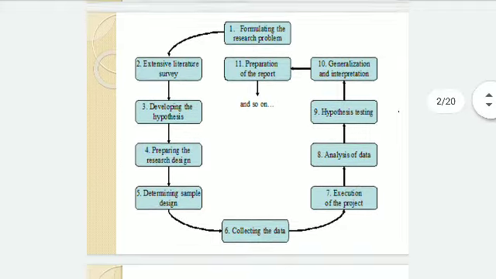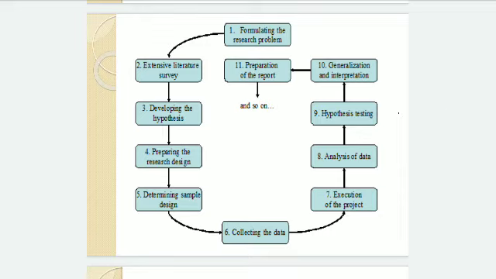So you have to talk with the manager of that organization for 4 or 5 days. You have to identify exactly what the problem is, and then you can formulate the research problem. Formulation of the research problem I will cover in the next slides. After that, you have to do an extensive literature survey. This will include reading of various journals and books which are related to your topic. Suppose you have chosen a topic on total quality management, then you have to read at least 10 to 15